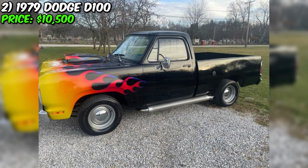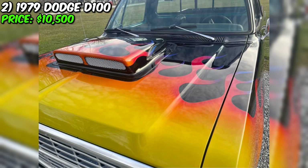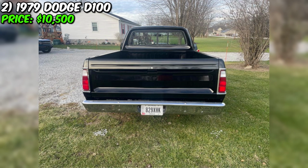The seller also emphasizes that only serious offers will be considered, and the vehicle will be sold to the first interested party. So if you see this ad, the truck is still available. This 1979 Dodge D100 is not just a truck, it is an embodiment of power and style, seasoned with history and unique design. Don't miss the opportunity to take a look at this magnificent vehicle and perhaps become its next